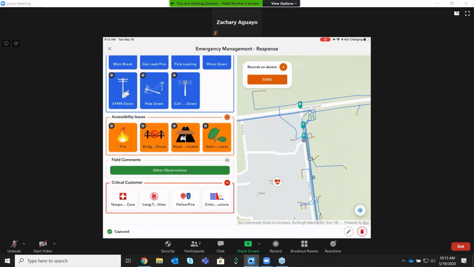Giving users the ability to quickly address and report issues regardless of their skill set can be crucial during an emergency. Additionally, having a map with all the assets displayed can help them better understand where things are, preventing them from assessing areas out of the territory. With that, I'm going to hand it over to Bill.